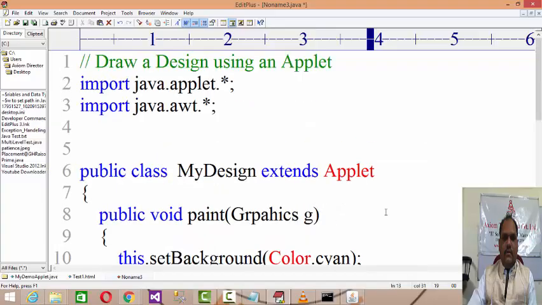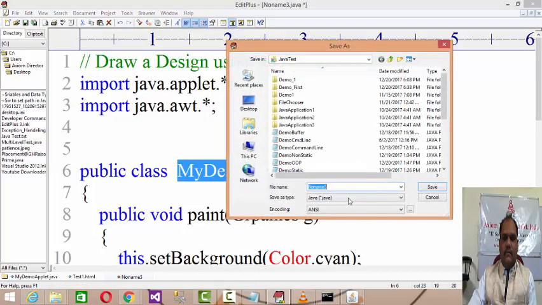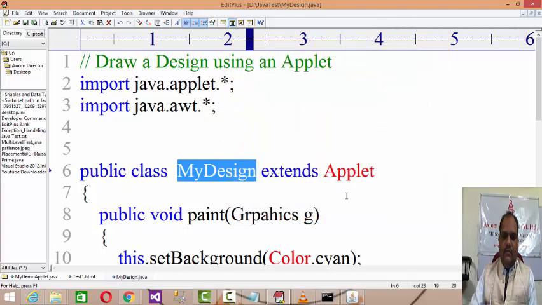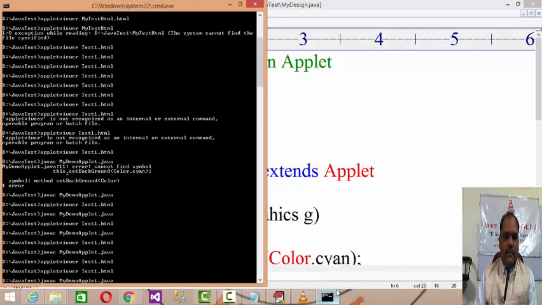Let's save your code. What's the name of the code? MyDesign.java. Save your code and compile your code again.